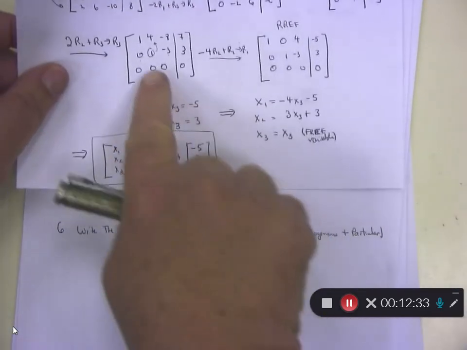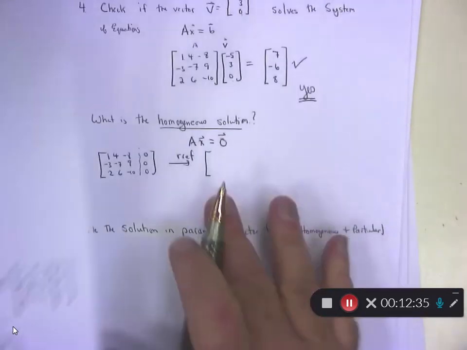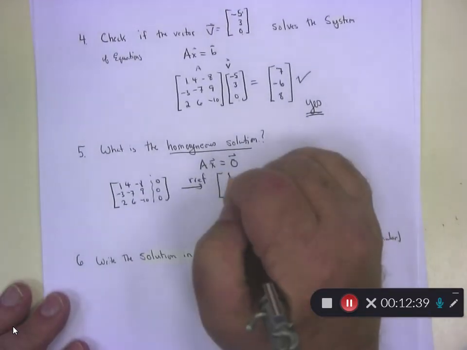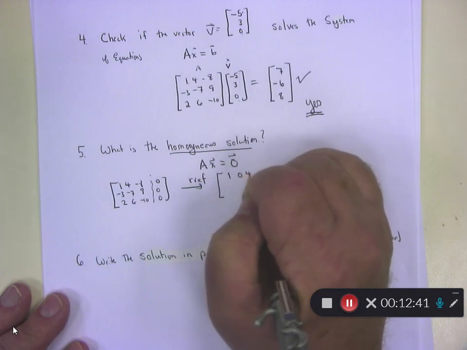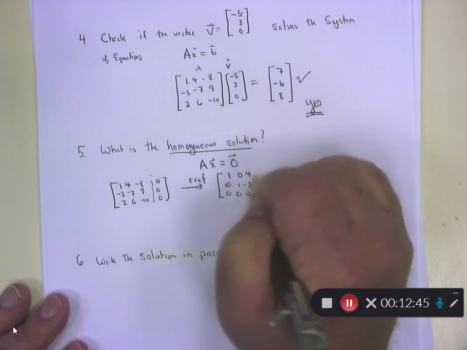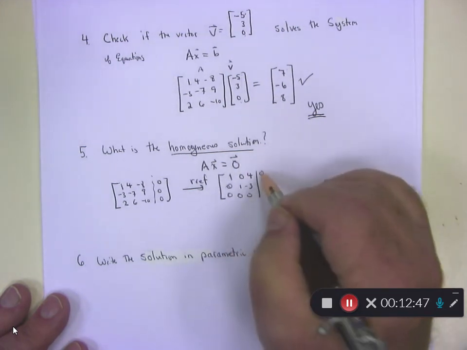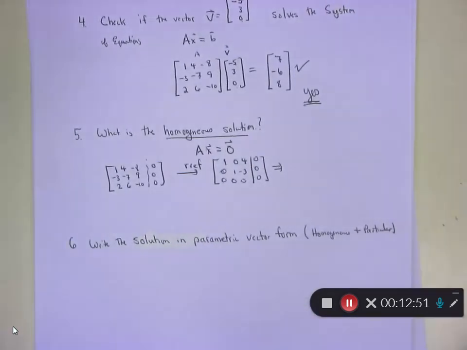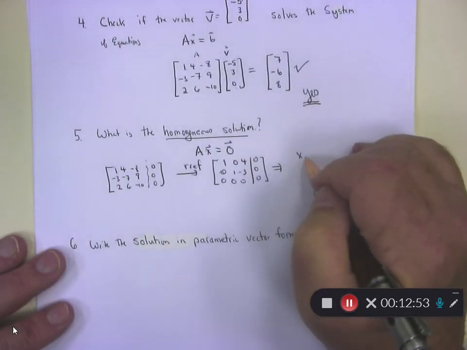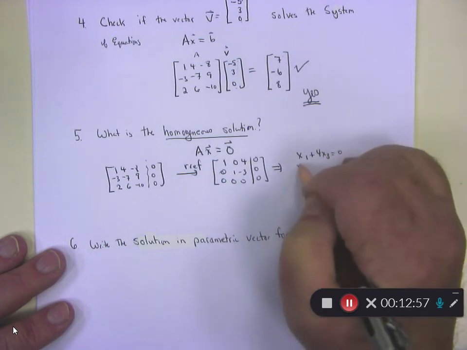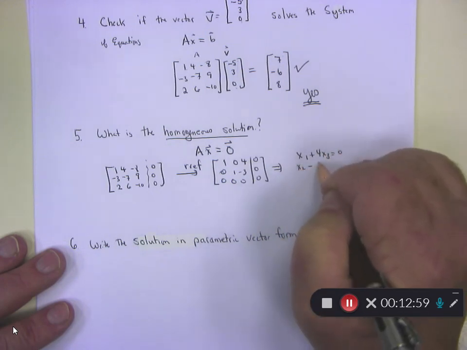I got 1, 0, 4, 0, 1, negative 3, 0, 0, 0, but when you're finding the homogeneous solution, you set it equal to 0, 0, 0, which means we end up getting the equation x1 plus 4x3 equals 0,